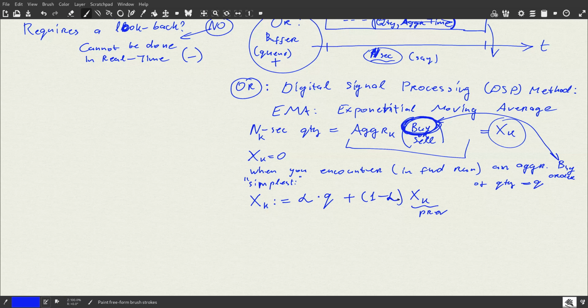So basically, the sum of these coefficients is equal to 1. Alpha is in between 0 and 1. The weight alpha is given to the new quantity, and the weight 1 minus alpha is given to the previous tail. This way, exponential moving average is significantly different from the buffer we have implemented. So you see, one way or another, the exponential moving average keeps memory of all previous quantities